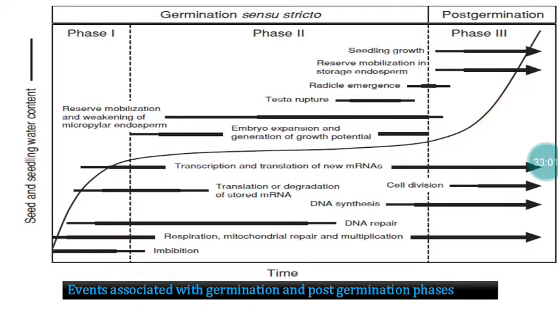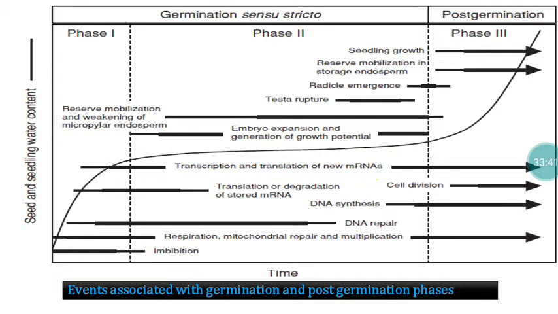So this will increase. Here all the changes associated with the germination and post-germination process are given very clearly. The first one is imbibition, followed by the conversion of complex material to simple material. Simple material will be available immediately, and respiration will take place. In the mitochondria, the glycolysis process will take place, and energy will be available. DNA repair will take place, and DNA synthesis also will take place, and translation of the stored mRNA. Translation normally occurs, which leads to the formation of newer protein molecules.